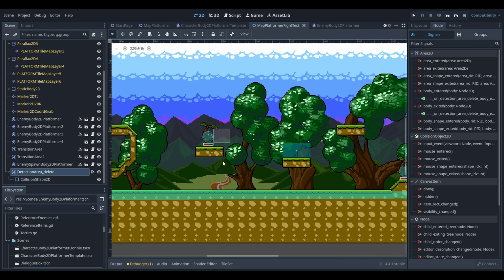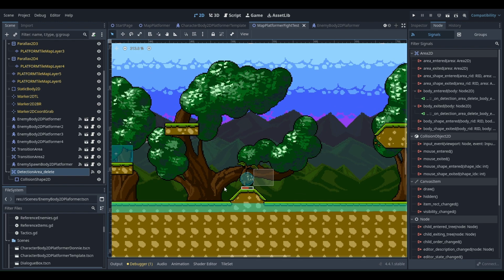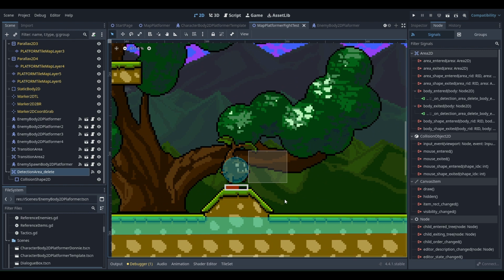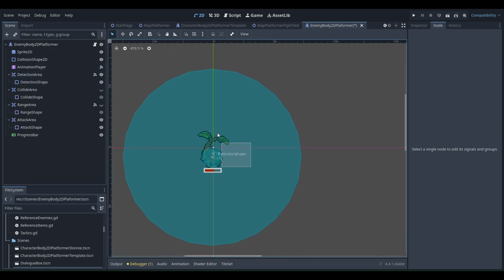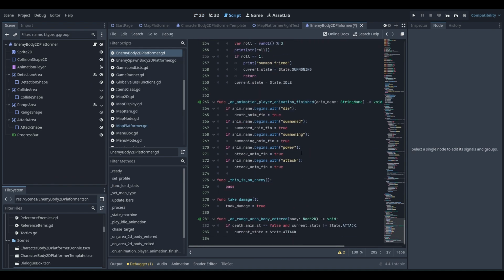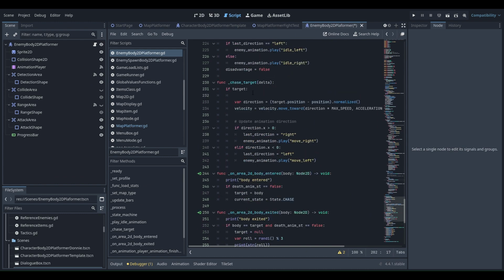Option number 2 is a bit more complicated, and that's what these 3 dudes are over here. So you've seen in all the previous videos with the enemies that they've got different states. They all run on a state machine. And in order to trigger the state from idle to chase to attack to something, my character will need to step inside of this detection area. And inside the script for that enemy, on area entered,